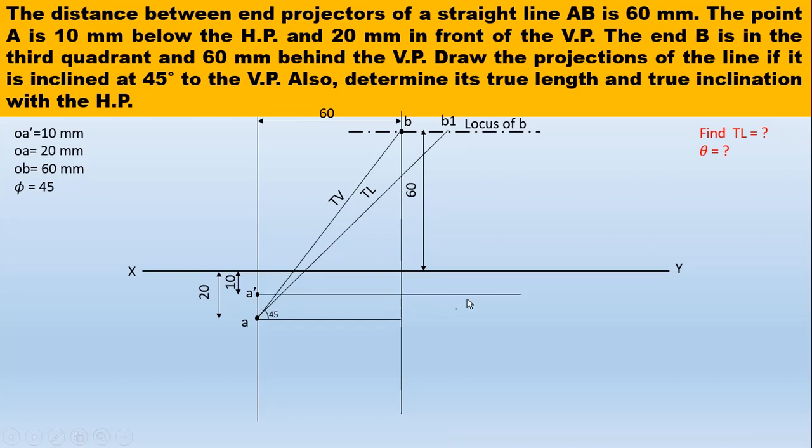Draw a horizontal line over here. Now project this true length in top view on this horizontal line. That will give you length of front view. Let's say this is point B2. Now AB2 is nothing but length of front view. And we know that our point B will lie on this vertical line. Take AB2 as a radius and A as a center, make an arc on this vertical line. So that will give you point B dash. Now join A dash B dash, that will give you front view.